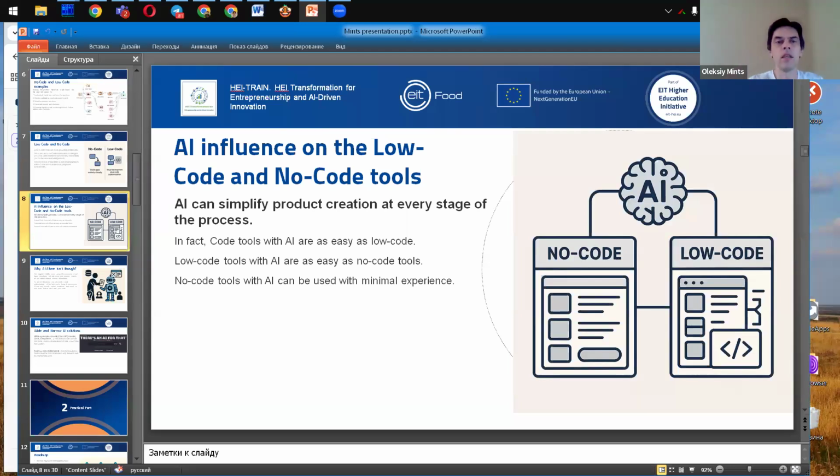AI can assist in decomposing the workflow. It can split your problem into step-by-step stages. It can create modules like load data from a CSV file, group by category, or create charts, or something like that.